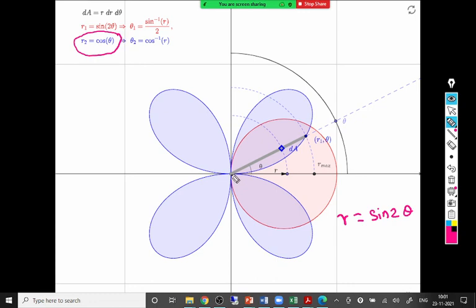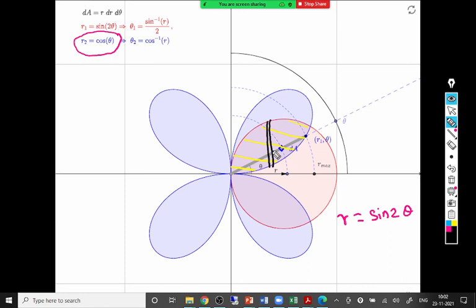So we have two curves here. One is a circle and the other is the rose curve. Let me assume the region of integration. This region of integration is this one only. This is the region that we have to cover. Now, in Cartesian, we draw either a vertical strip or a horizontal strip. In this region we draw this vertical strip.